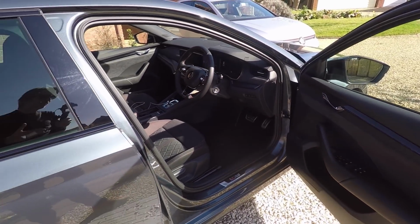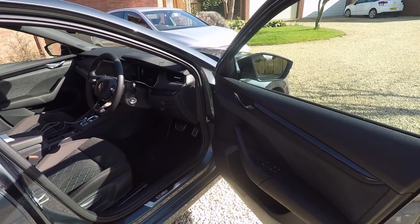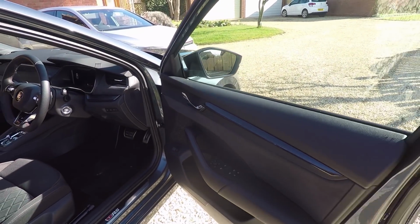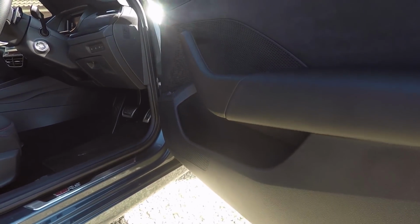Sorry if it's a bit too sunny today. It's really hard to do interiors in so much brightness, but hopefully it'll get better when we get inside. Let's start off then by looking at the door card, and this, to my eyes, is quite a nice door